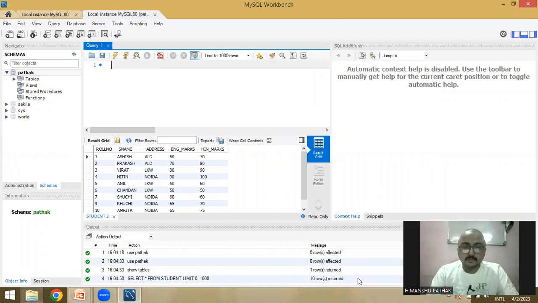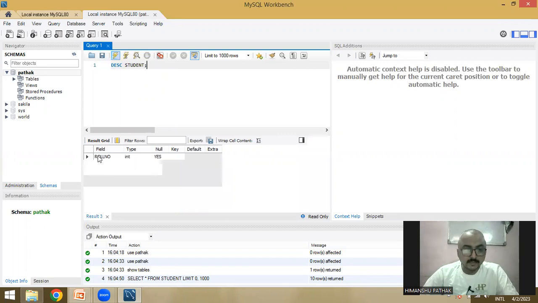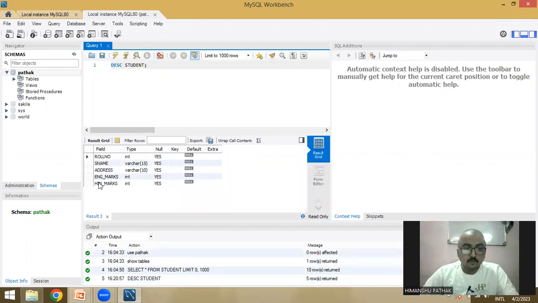I have created the student table. So I'm going to show you the description about the table, that is schema. For this, you have to write down DESC space table name and then execute that statement. Here you can see that there are 1, 2, 3, 4, 5 columns. So if you want to use the first methodology to insert, you have to supply insert